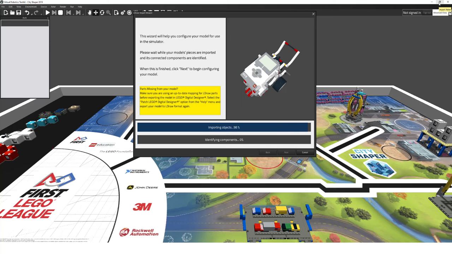What you're looking for here is to see if your robot looks like it's complete. So it's trying to figure out if you've got everything. So when it's all done,